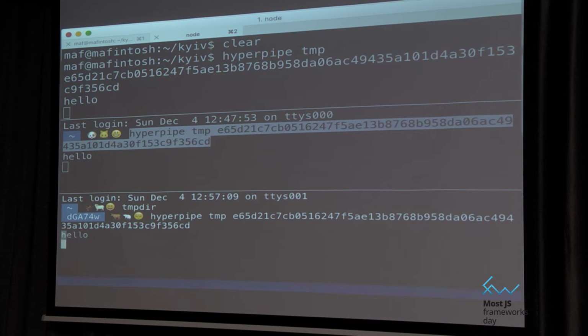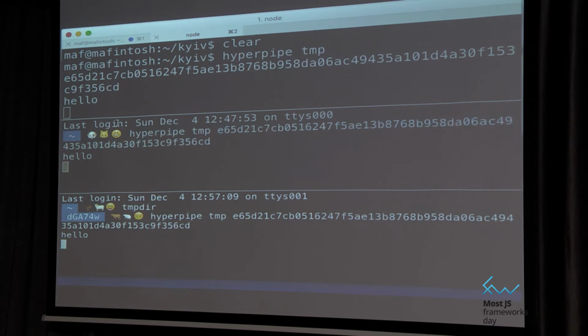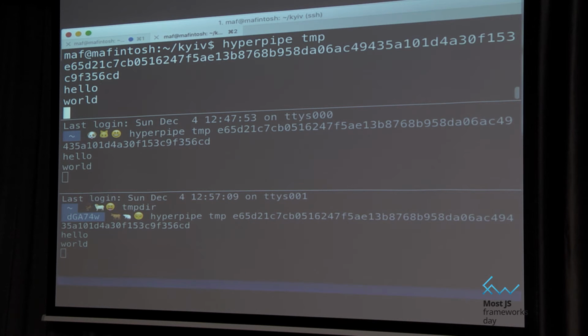If I run this again, it also gets hello because it has state, it remembers the state. And the cool thing is, it's live, so you can just keep writing stuff to it, and it replicates down. This doesn't require any servers because it's using a peer-to-peer system, basically built on top of BitTorrent, to find the computers and then connect them all in a peer-to-peer network and replicate the logs to all of them. So you don't need to pay anybody to host your logs.